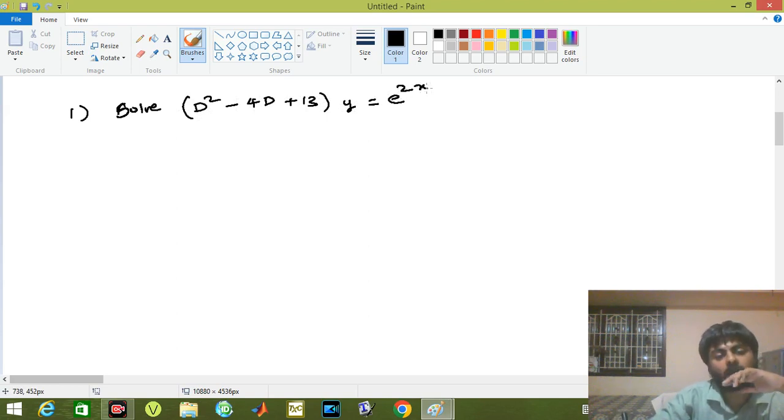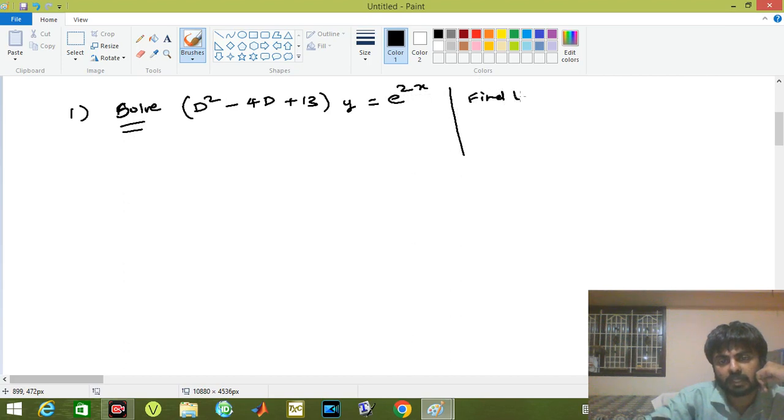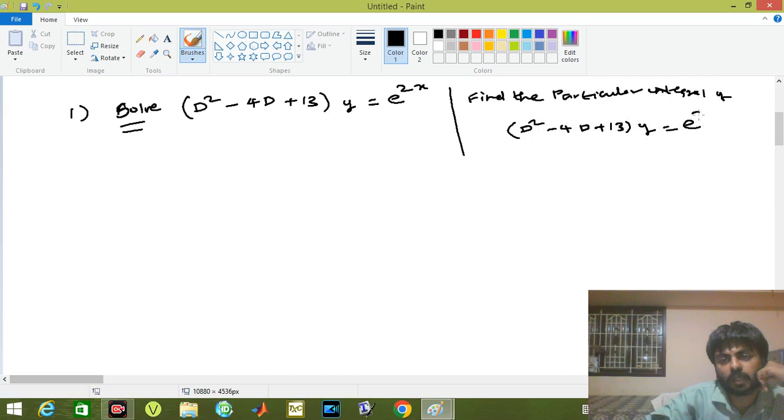Now, if suppose they ask us to find the particular integral of the same problem, (d square minus 4d plus 13) of y equal to e power 2x, then